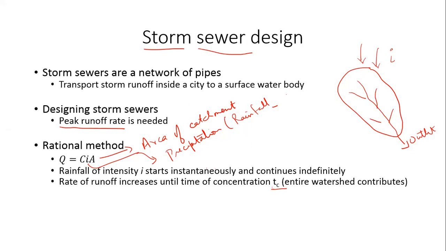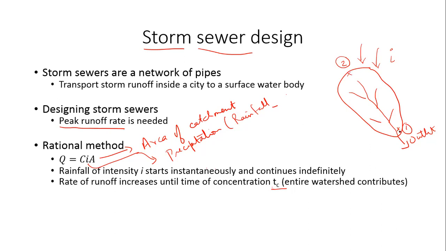So now if this entire area is receiving rainfall starting at time t equal to 0, consider a point that is closest to the outlet. I'm going to mark 2 points over here. Let us say there's a point 1, which is somewhere here, and then I have another point, which is right at the edge of the watershed. Let's say that's point 2. Both points are going to generate runoff, right? So from here, some runoff will be generated. It will flow towards the stream and then come out here at the outlet.